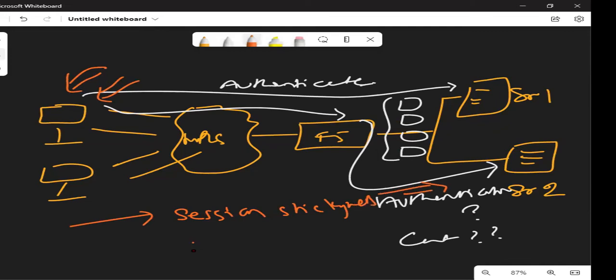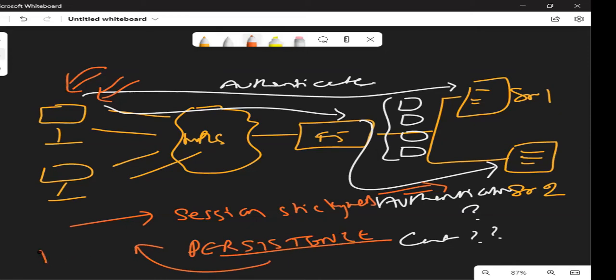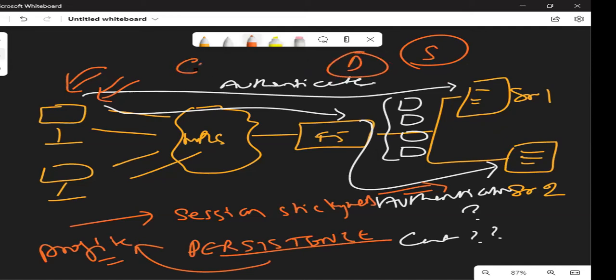And in F5, it is known as persistence, which can be achieved using the persistence profile. We can apply it on the basis of source IP, on the basis of destination IP, on the basis of cookies.